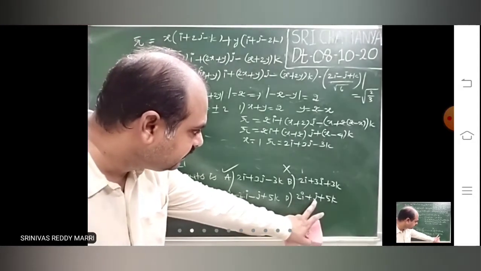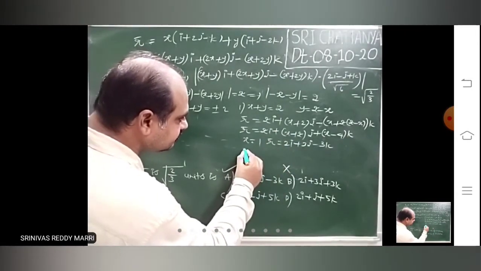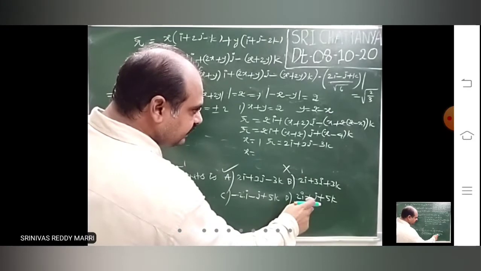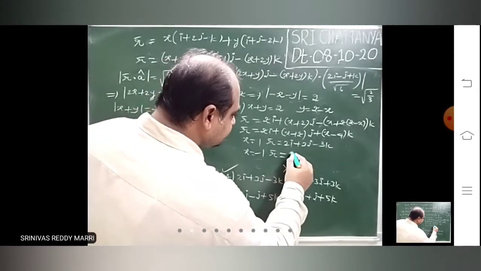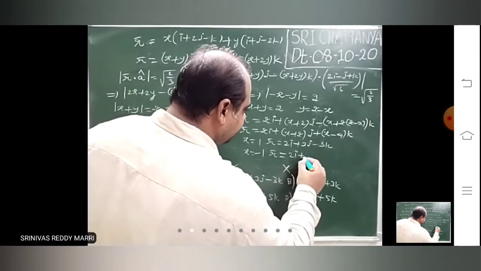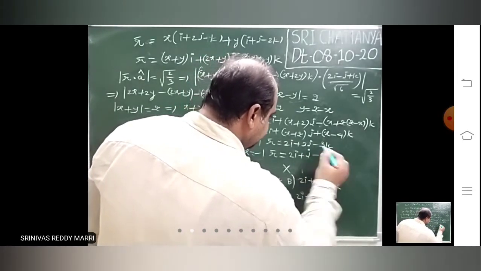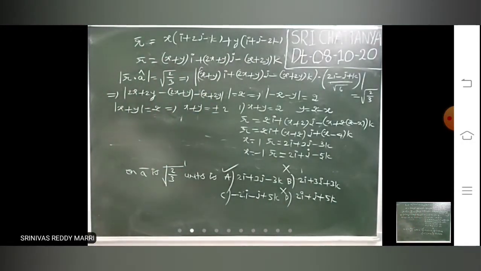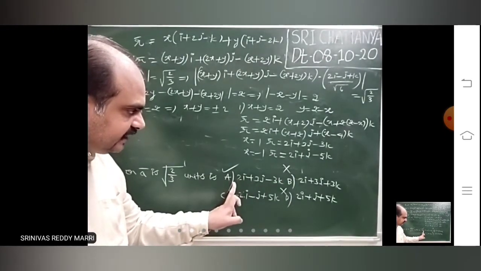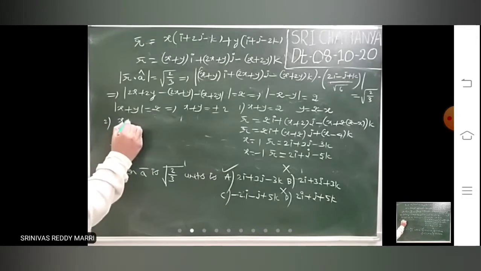Next, if you look here, 2i plus j plus 5k is there. Here to get 1 you have to substitute x equal minus 1. That means you will get 2i, minus 1 means plus j, minus 1 means minus 5k. You cannot get plus 5k, so this is wrong. Right? So this option is correct. Even though 2a is there, these are wrong. Next look at the second case: x plus y equal to minus 2.